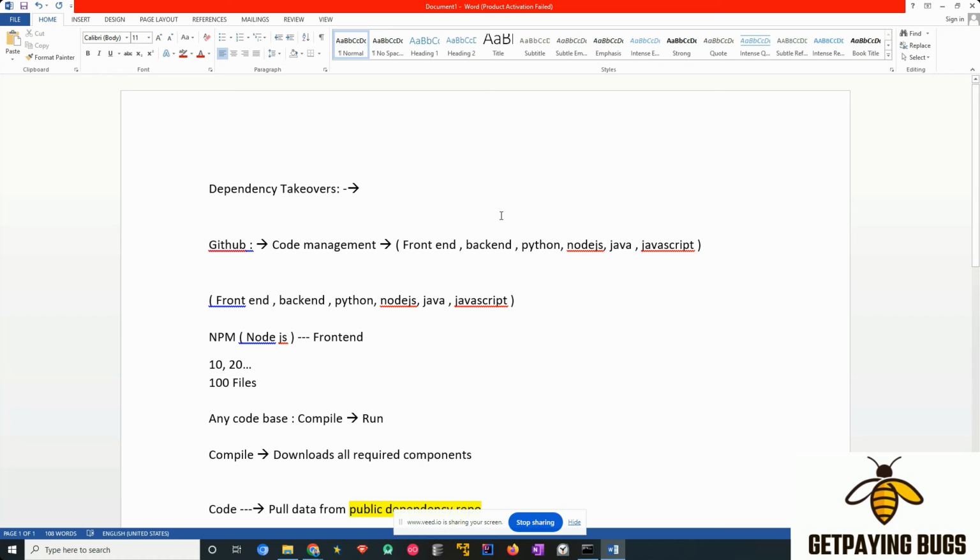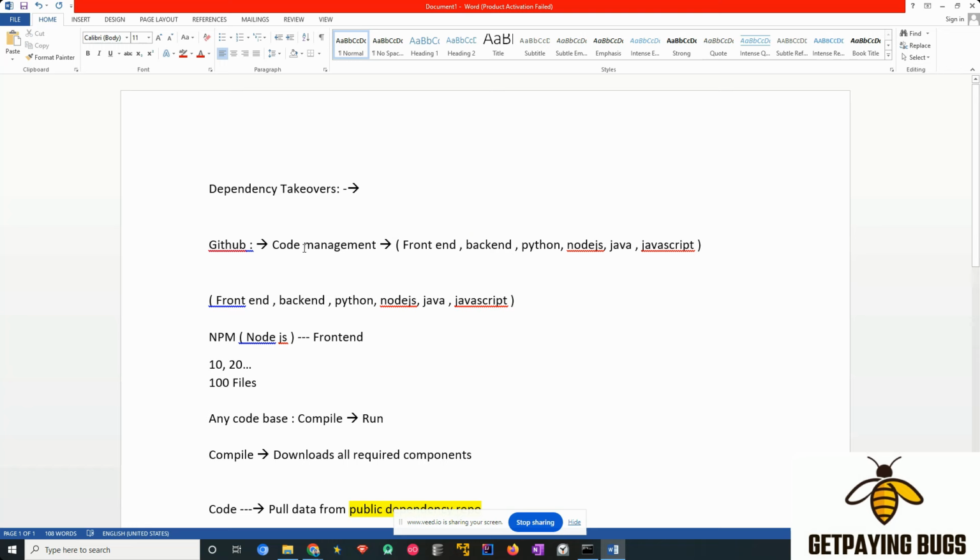So earlier we have seen what all things we use GitHub for. We know we can literally find API keys and everything in GitHub, and also we can try to take over some organization names and so on. But the main purpose of GitHub is code management, where they can have code in a single place and perform all the CI/CD pipeline and everything. So when it comes to code,